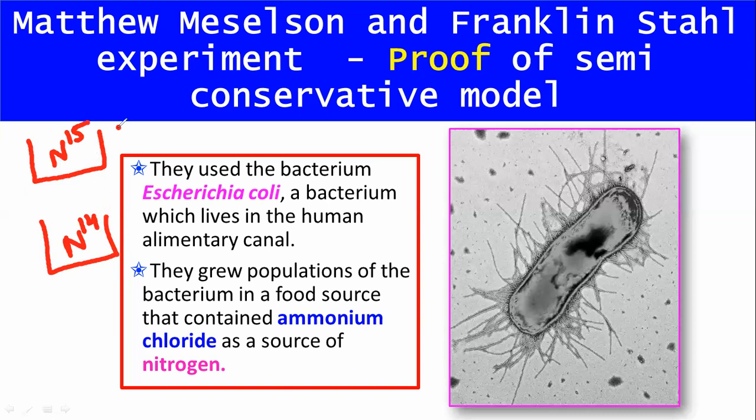So first of all, step one was that we allowed this E. coli in the nutrient material which was containing the heavier isotope of nitrogen. And then after many generations we shifted them into the next beaker, which was containing N14, the lighter isotope. As I already told you, bacteria replicate or divide by binary fission after every 20 to 30 minutes. So it means that after many generations, we can use this bacteria for this experiment.